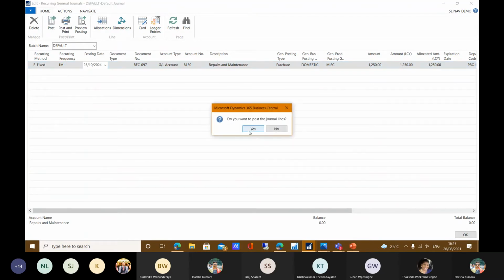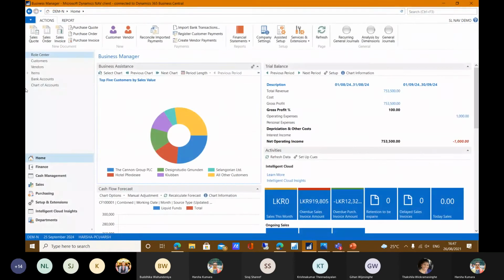And I will show you the control. You can't post any data until your server date is October 25th. Now also I can't post, because your posting date and your server date are not matched. Once you reach the date, you can post, right? This type of function we can use in the chart of account list.